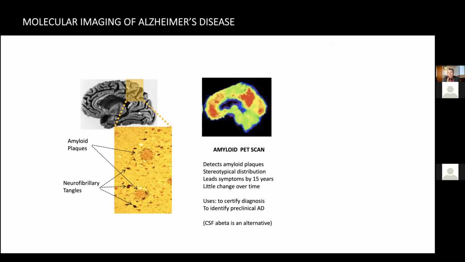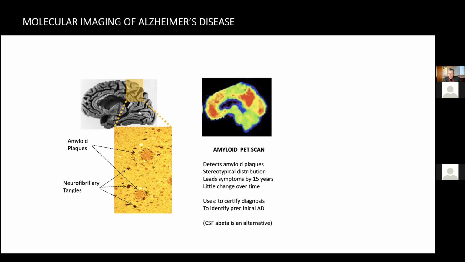So, going back to the idea of imaging biomarkers, we have biomarkers for all 3 hallmarks of Alzheimer's disease. Neurodegeneration is measured with MRI or FDG PET, the amyloid component is traced with the amyloid PET scan, and the tau component is traced with the tau PET scan. These amyloid and tau PET scans behave very differently. The amyloid scan,